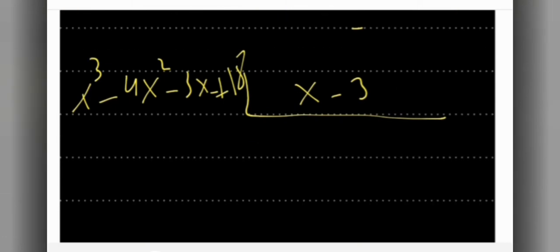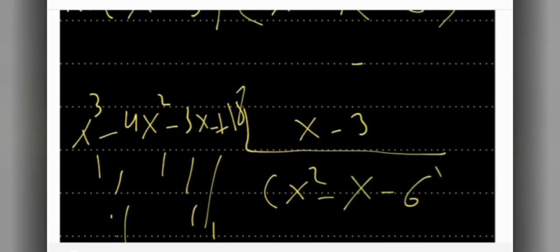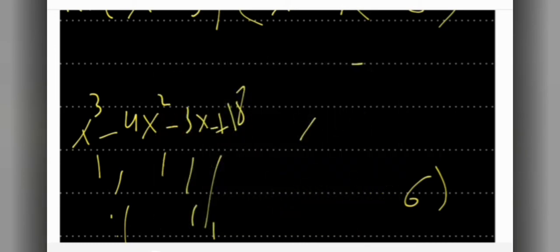So if you do this division over here, what do you think you will get? You start dividing the polynomial, do it by yourself, okay? And you will get over here what? X squared minus x minus 6, okay? So this is the thing that you would get. So now you can find all the roots, right? Because look,